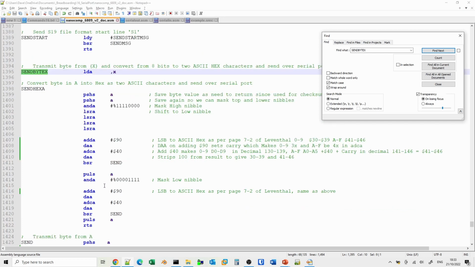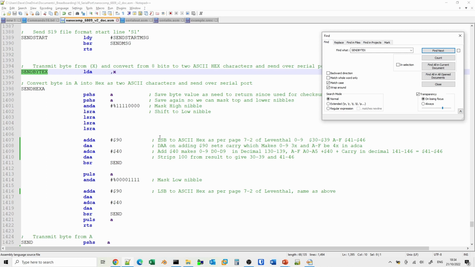And then this routine here is actually quite a clever way of converting the binary hexadecimal value into its corresponding hex character. Now, I won't go through the exact detail of how this does it. It's referenced in Lance Leventhal's book, but effectively what it does is makes use of the decimal add adjust, which allows you to effectively use binary coded decimal values in hexadecimal.